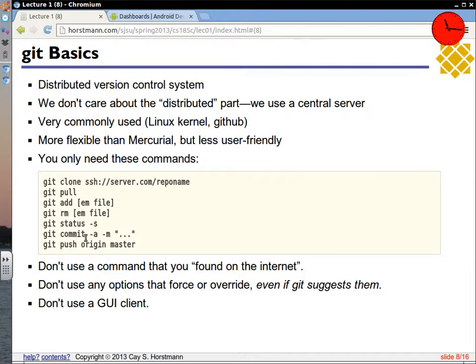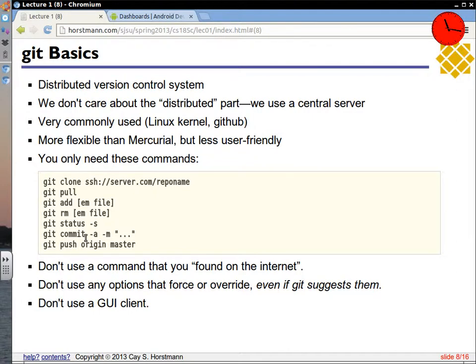There are a few things that make people unhappy with version control systems. And here is one. You get an error message, as these error messages usually are. You Google for the error message, which is what one does. You'll find someone on Stack Overflow saying, oh, if you just use this command, all will be well. Don't do it. Don't use a command that you don't understand just because it's on Stack Overflow. It may well work, but it may also make a big mess. Git is a version control system, so surely one can recover. But you can mess up Git pretty badly, so you don't really want to do that.